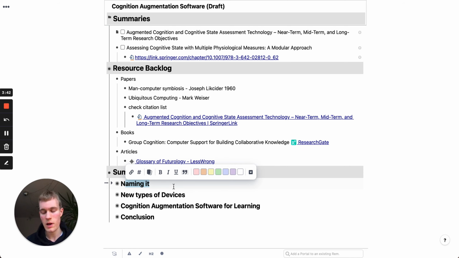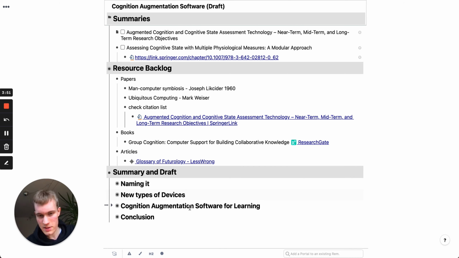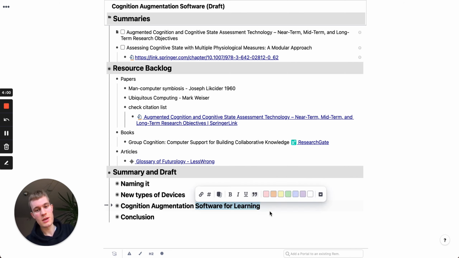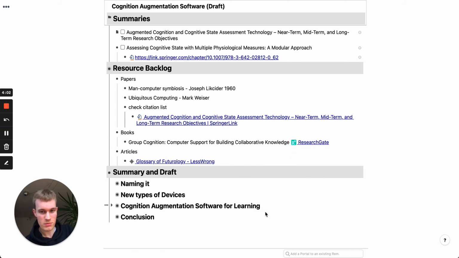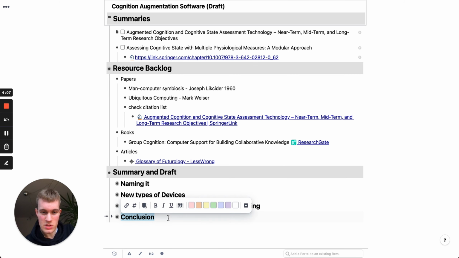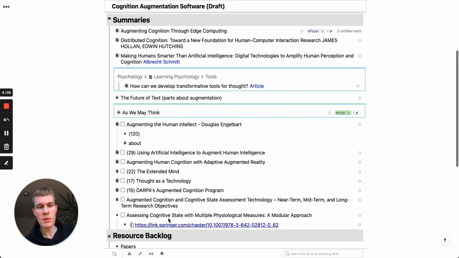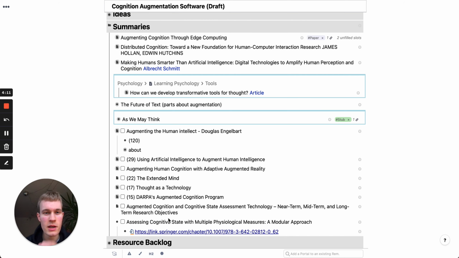For example, how does PKMs fit into it, personal knowledge management systems, and what are the new devices I already mentioned, AR glasses, and also what's cognition augmentation software for learning, and how, yeah, what are the dominant applications there, and then draw some conclusions, and maybe to take a quick look at the current list of articles